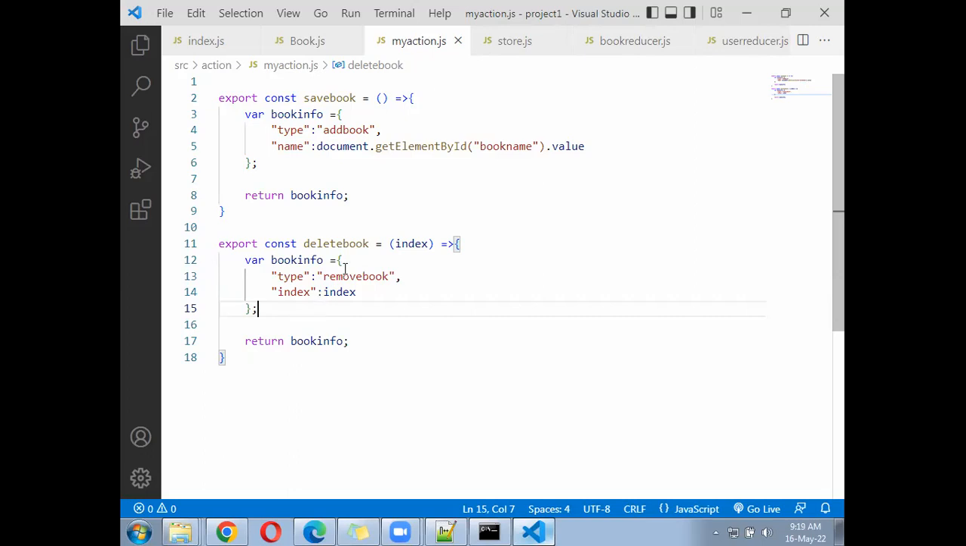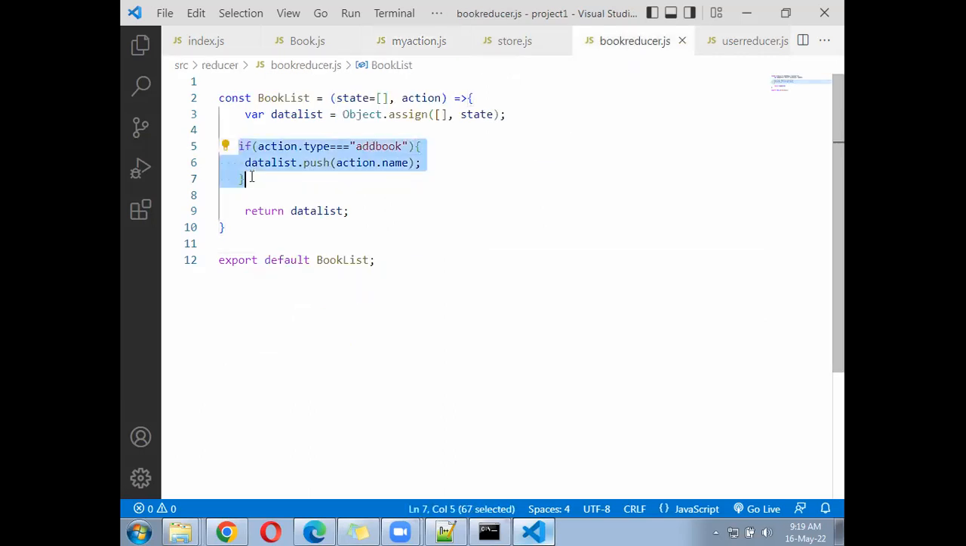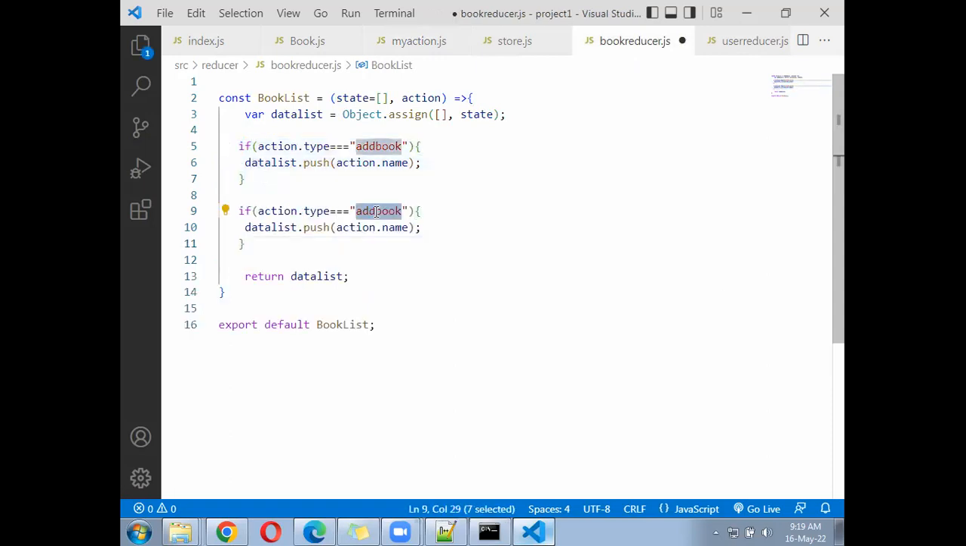Okay, hope you have written this. Let us come now. This is under which function? Delete book function. What type do we have? Action type is remove book, and the index will be 0, 1, 2, 3. Go to the book reducer, and again add one more condition. If action type is remove book, REMOVE, remove book, then you have to run the dataList splice function, and inside it action.index and comma